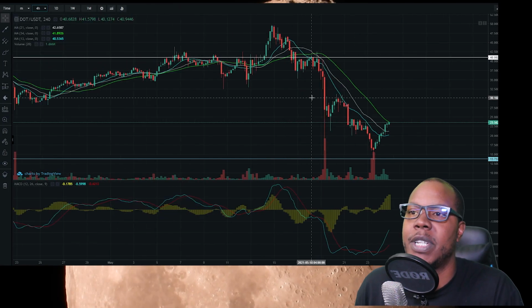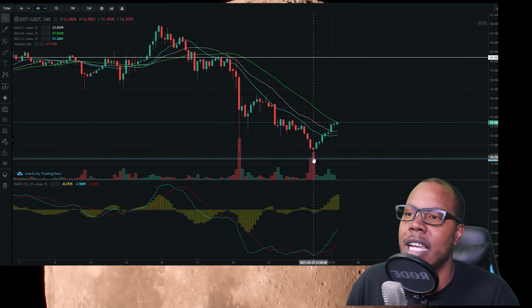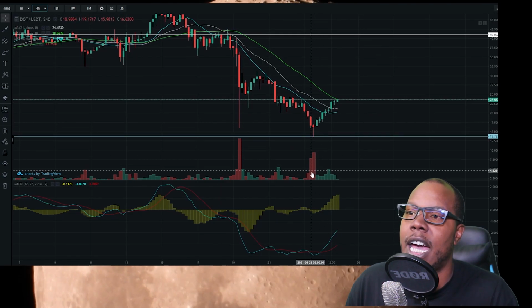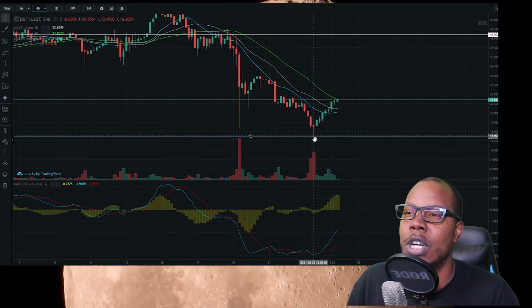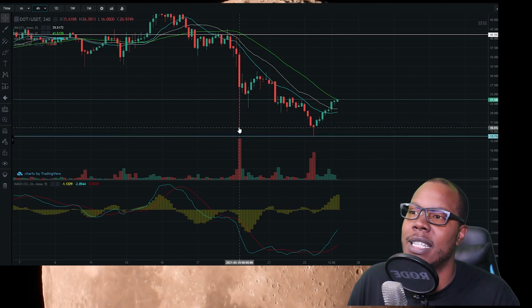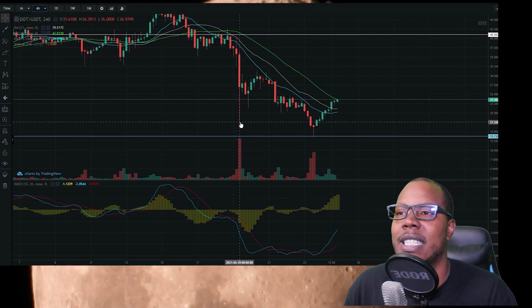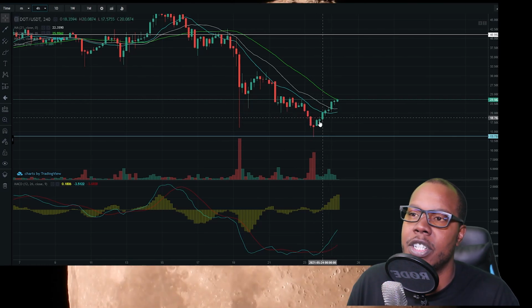So with risk management in mind, I went ahead and did some short-term trades on some coins that I felt like were going to be pretty bullish in this market. And the first one was DOT. Now, I've been talking about DOT for a minute, and we can see right here on the 4-hour chart, DOT had a nice V-shaped recovery, had a nice spike in volume right here, signaling like, hey, a lot of people want to buy at this level, creating kind of a bottom situation. Volume spiked pretty hard at the same level over here as well, so that's good to see. And then it had a nice recovery, got back above the 21 moving average on the 4-hour and the